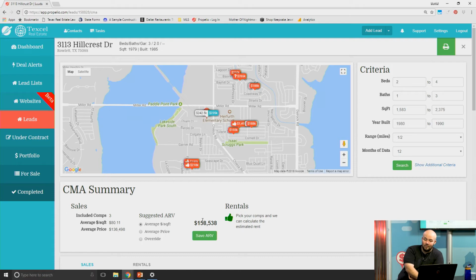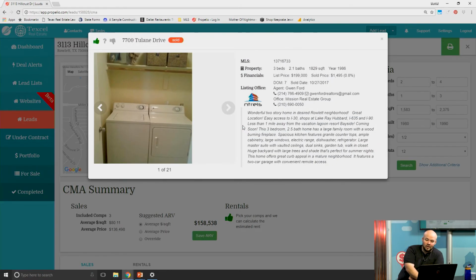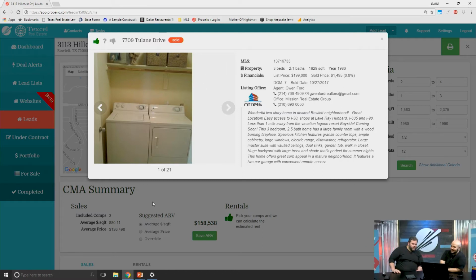One of the properties that have been picked that I noticed, which is not a fault of Propelio, is that somebody had a rental in as an active property and sold it for $1,495. Obviously, that property did not sell for $1,495, but a licensed agent went ahead and listed it and sold it for $1,495. So that is being calculated into the average price per square foot. Obviously, homes over there are not being sold for 70 cents a foot.